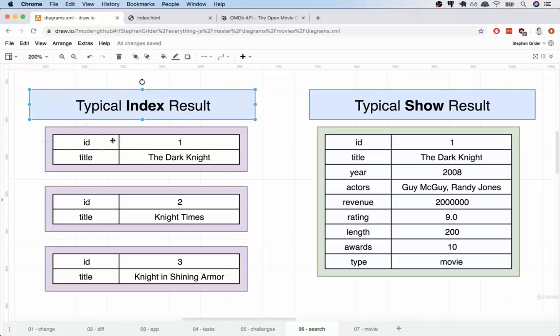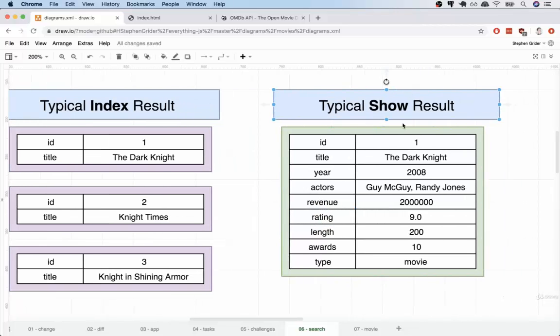And we are just seeing a very limited set of information about every search result that we just got. So if we now want to get more information about a very particular movie and get like the revenue or the rating or whatever else, we have to do a follow-up request. So this would be referred to as a show action or a show request or something similar. When we do this show request, we should hopefully be able to get a lot more information about one particular